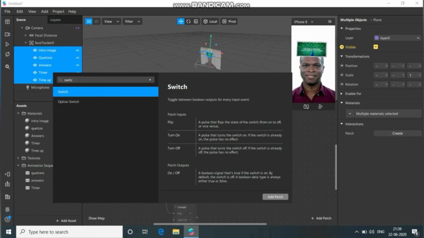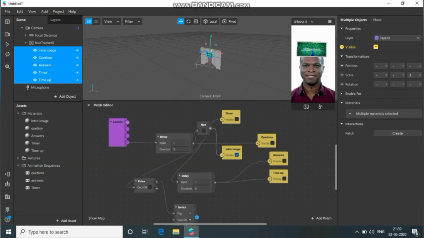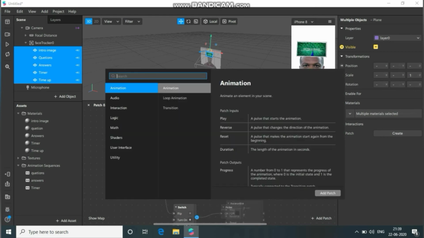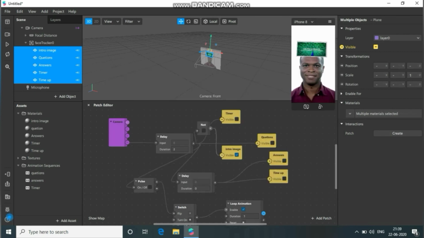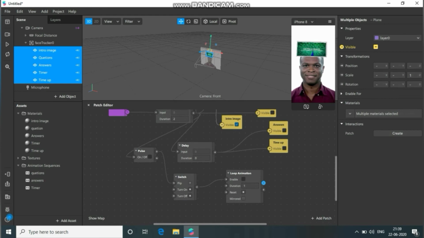From switch on to loop animation. Mention the duration as 8. In my case, I will be using 8 images for timer, 1 to 8. Connect the progression node to frame transition.